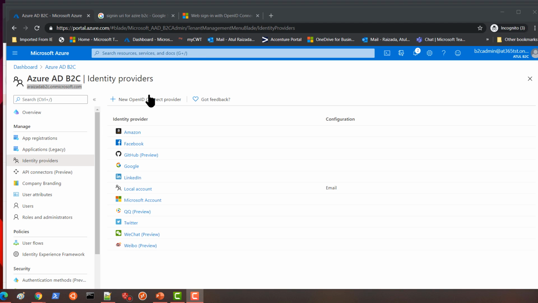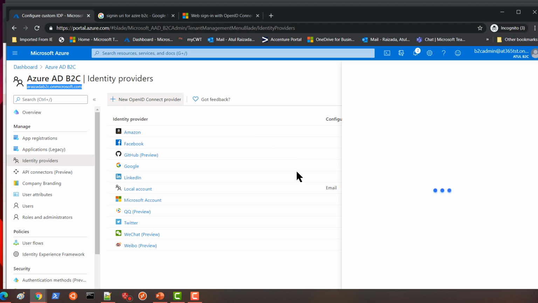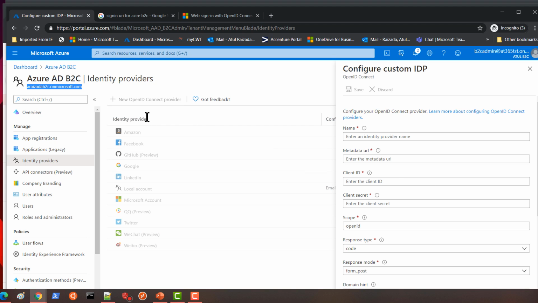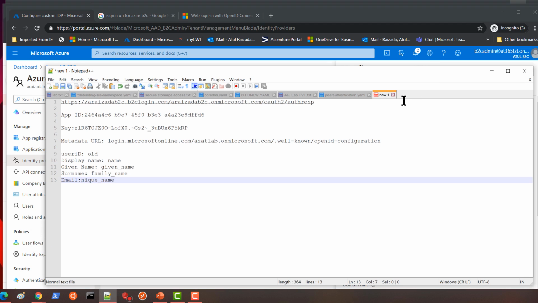All right, it came back finally, and now we need to add a new OpenID Connect provider, which is what is going to let us connect to the Azure AD provider, right? So we need to put a name here, and I'm going to put Azure AD Lab. That is the name of our other Active Directory. We need to put the metadata URL, which I think I have captured here, and it should be HTTPS, so hopefully